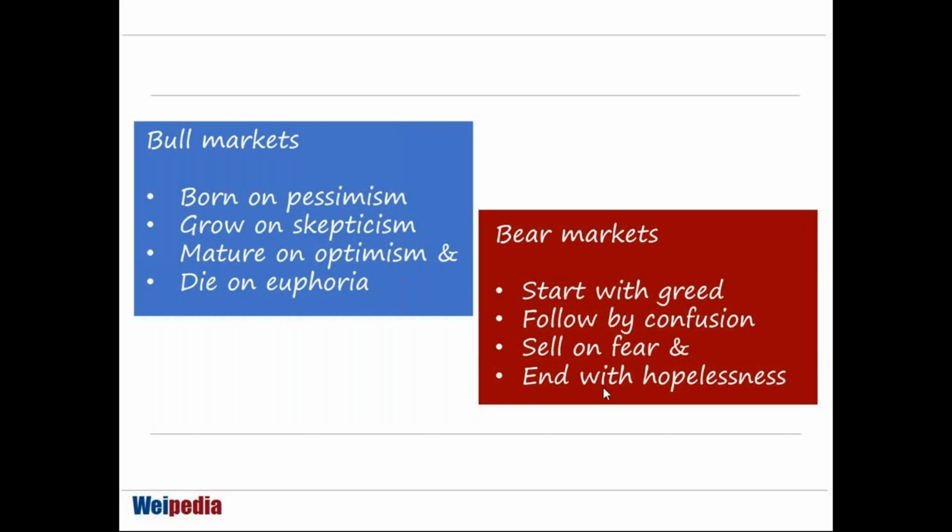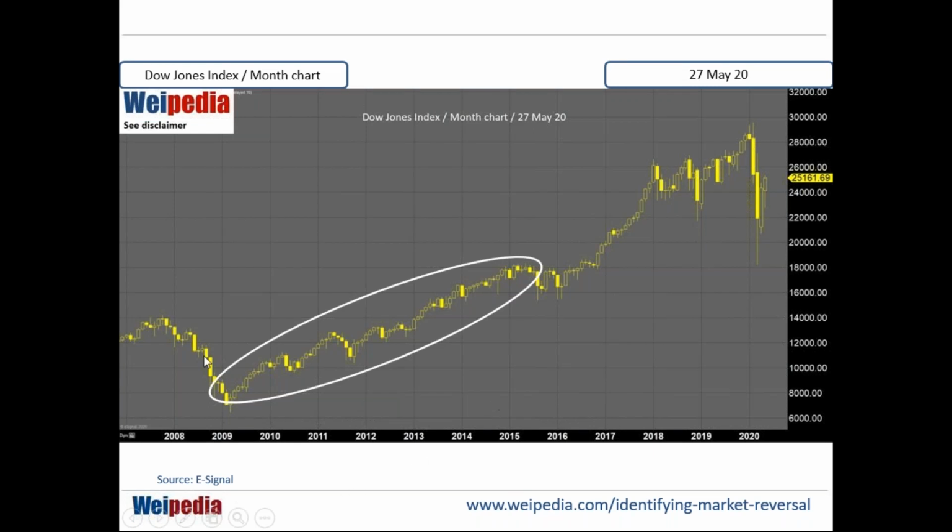Okay, now let me explain to you what I see in the market. Let me just go to the next slide. Okay, you could see that this was after 2008 for the US market. So markets were generally in a growth stage to somewhat maturity there. Okay, so growth stage to maturity, and after that there was a period of euphoric move.